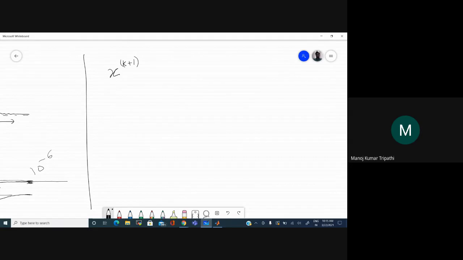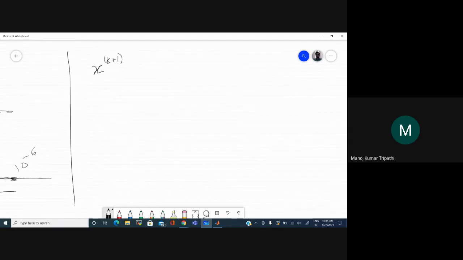I'm not using n here because we use n for the time step, so let's say it is the kth iteration. The solution at the k plus 1th iteration is a function of the solution at the kth iteration.